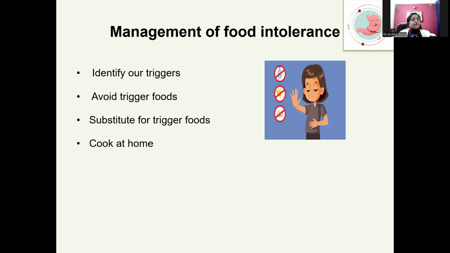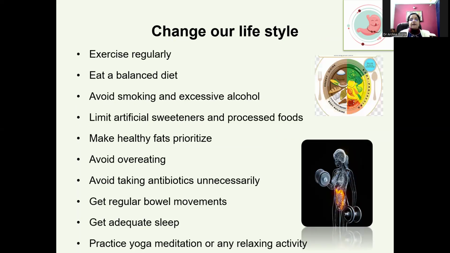कुछ जो ट्रिगर कर रहे हैं फूड आपको बार बार, उनको you can avoid them. You can substitute those triggered foods with something else. Another thing, कोशिश करिए कि प्रोसेस्ड फूड ना लेकर के आप घर में बना हुआ खाना ही खाइए, जिससे फूड इंटॉलरेंस को आप मैनेज कर पाए. उसके बाद आपको क्या करना है, दैट आई वाज टेलिंग यू अर्लियर आल्सो कि लाइक वी हैव टू चेंज अवर लाइफस्टाइल टू मैनेज अवर गट हेल्थ.